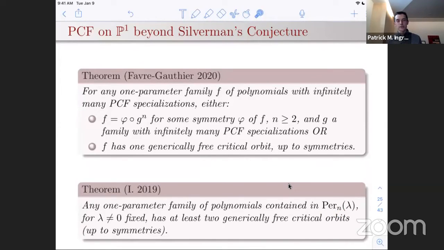I don't fully understand these; they're sort of conspiracies, I think they're called in complex dynamics. There are times when you'll have 2 different Per_n(lambda) hypersurfaces coinciding for unknown, or at least unexpected, reasons. But in general, I expect that if you keep intersecting hypersurfaces of this form, you should keep forcing more and more independence.